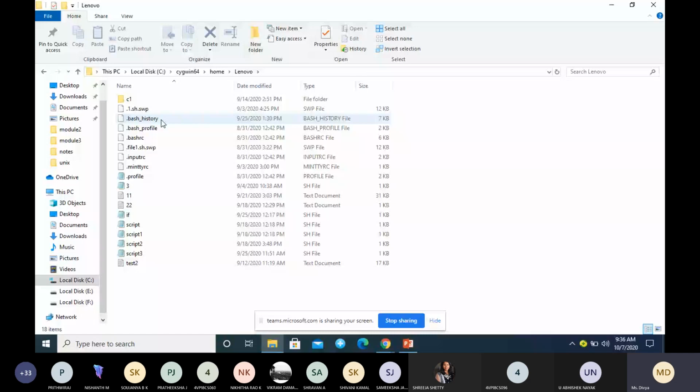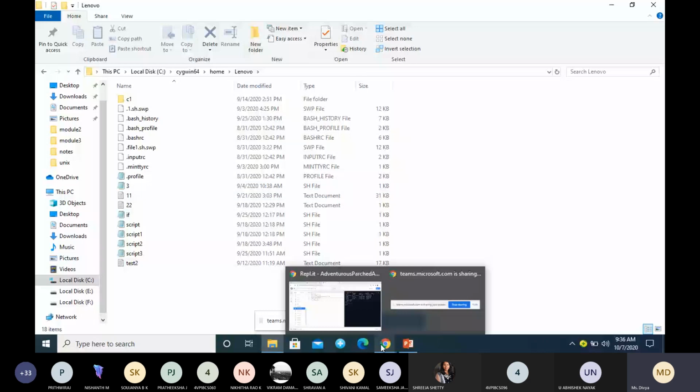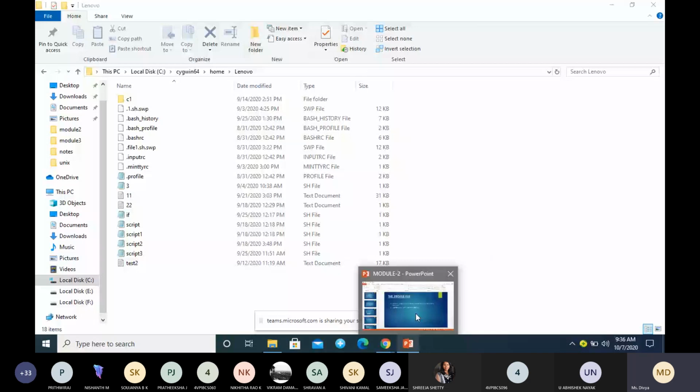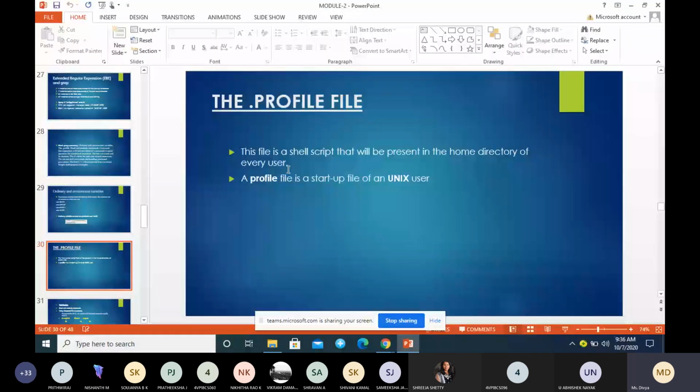So in every Unix or Linux operating system, you can find a file called .profile. It is the start file of a Unix user.